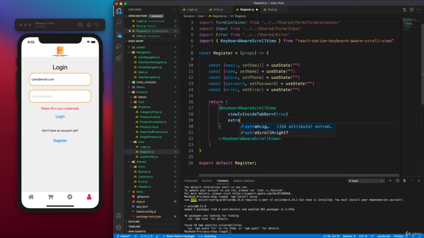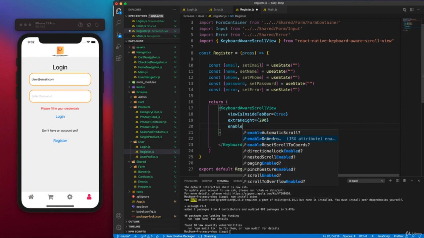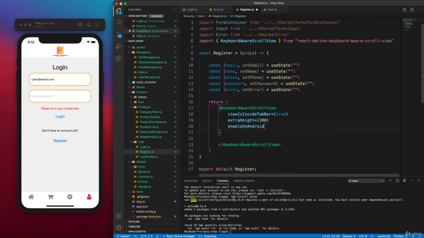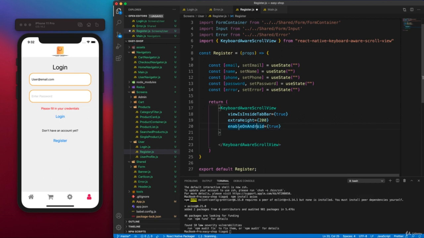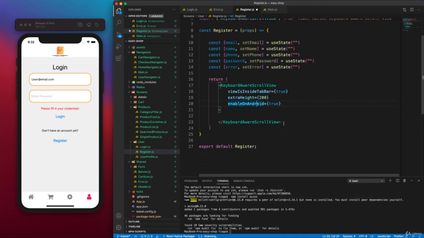We'll give some extra height of 200, and we have to enable also on Android, so we say enableOnAndroid, we set to true. So because our code will be cross-platform, we need to give this check here. So after that we'll have our FormContainer, and that has a title of register,